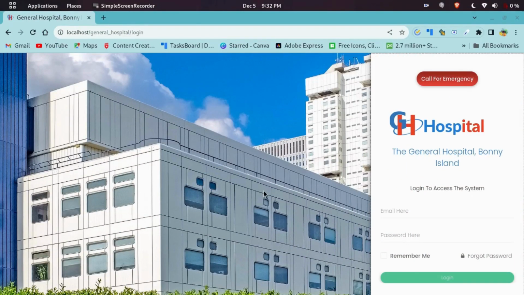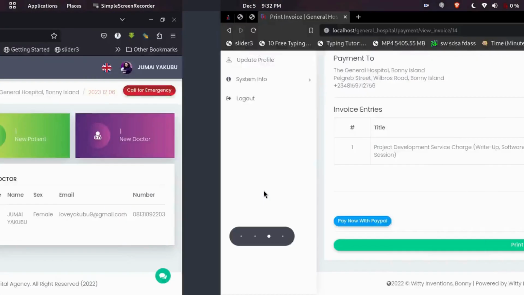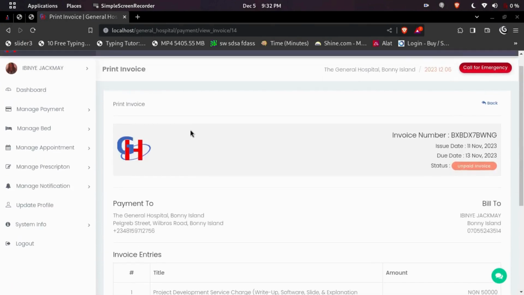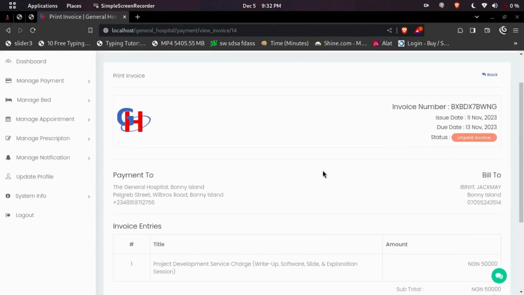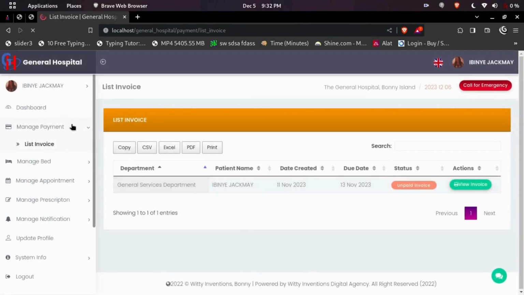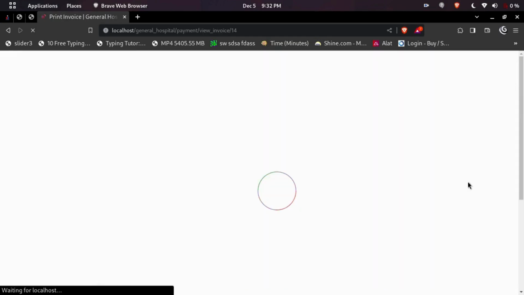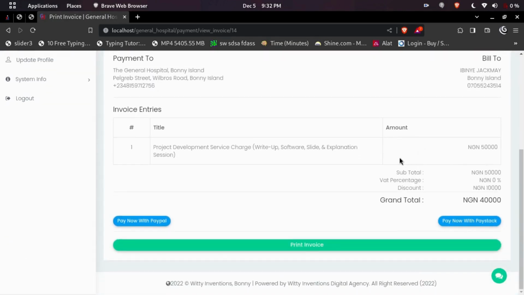All right, so this is a demo for how the patient makes payment online. All right, so this is to show that these links work. Of course, go to manage payments as a patient. Here you go to view invoice, and then you go to pay now with Paystack. So this is